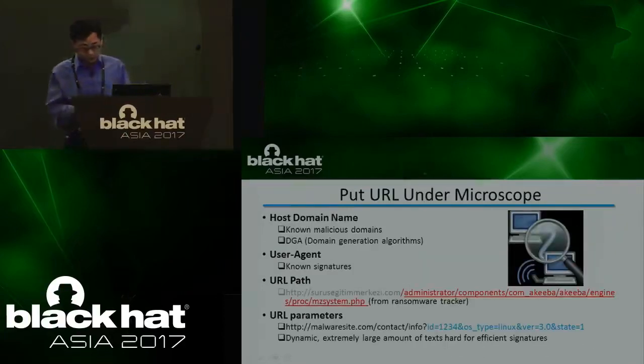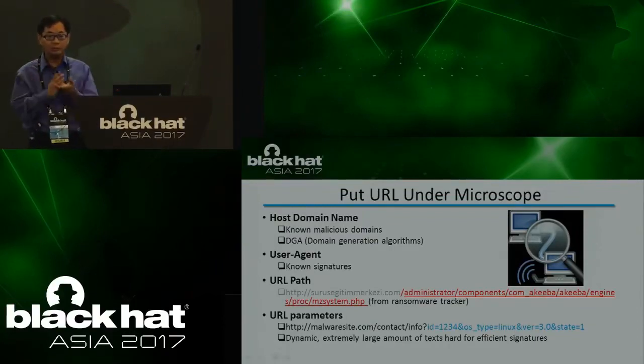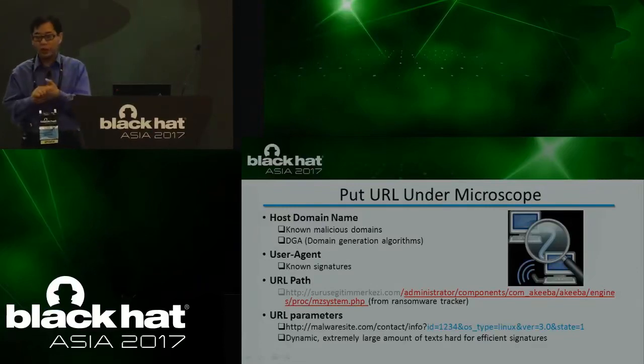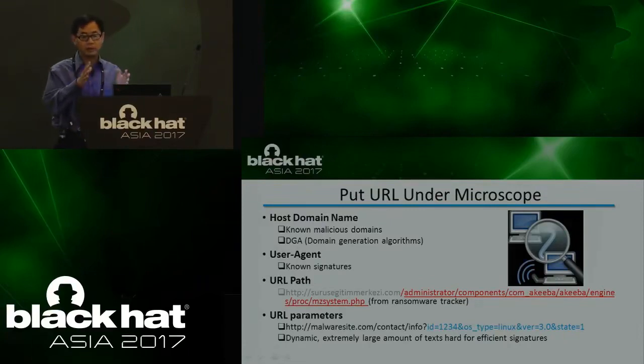Okay, so we have 5 detection modules. We look at each part of the URLs very carefully. We call it putting the URL under the microscope. The first one is the host domain name module. I wish I could have more time talking about this. This is a full-blown machine learning module, which uses about 17 features, like TLD, registration or no registration, and it's also based on just the text.